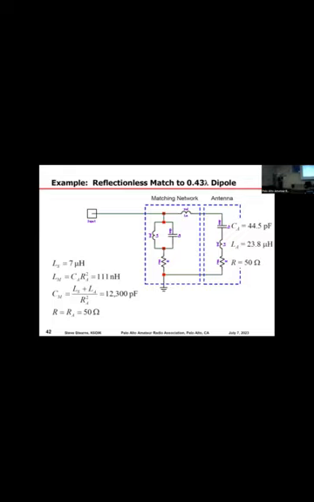And then I'm going to add in my parallel LC with series R. Series R is 50 ohms, and the L and the C of the parallel network are given by the equations on the right. When I put all that together, lo and behold, I'll get a constant resistance of 50 ohms looking in